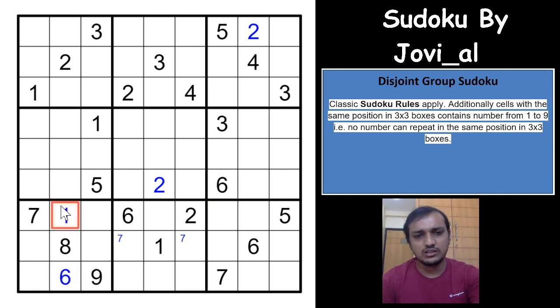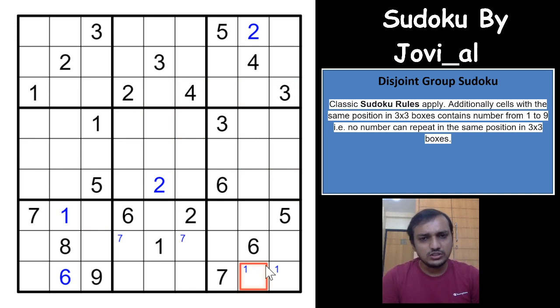You can have a 6 here, and then that gives you a 1 here. That gives you a 1 in one of these 2 cells, right? So bottom 2 cells, any bottom 2 cells having 1 here? No. Okay. So this is the thing that you try to solve first.